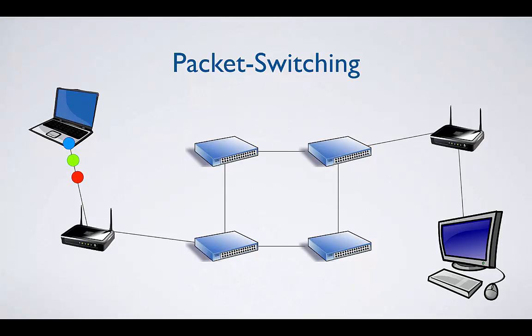So the first thing that's done when you want to send information over the internet is to break up that information into packets. And that's mandated by the Internet Protocol, or IP for short. The first place those packets go is to your local router. And your local router doesn't have a very difficult decision to make. It has to decide whether that data is destined for something inside your local network, like a printer or another computer that's connected to the same router,